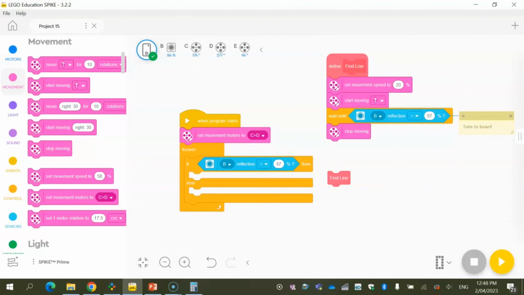So if one is running at a set speed, it tries to do the exact same to the other. And often we're not wanting that in line following. We're wanting this particular motor sometimes to operate at a different speed to this one over here, because we're wanting it to be quite agile and quite nimble. So if I come down here, I've already done that, and I'll just quickly show you how I have done